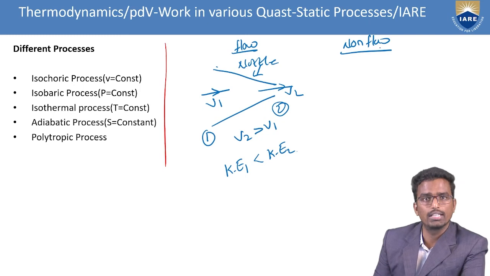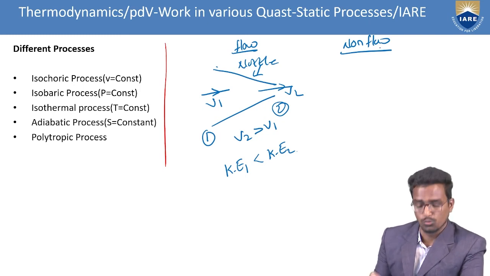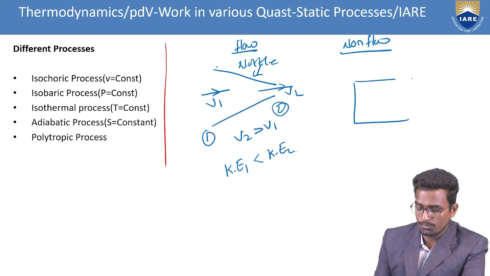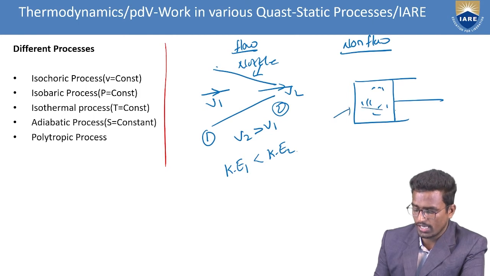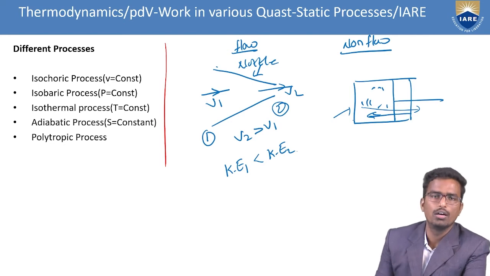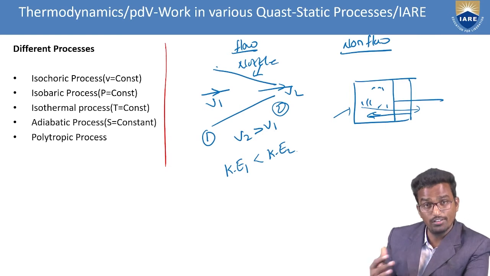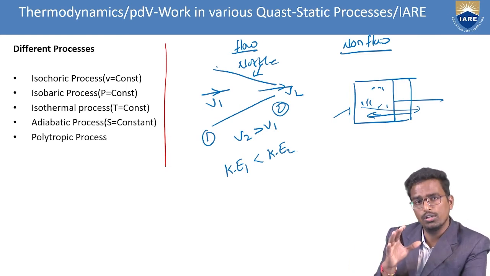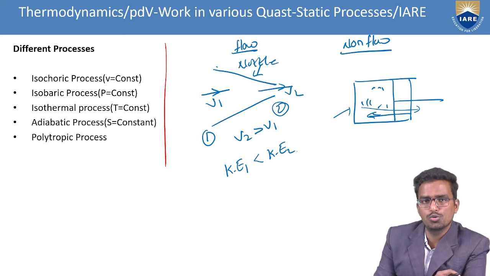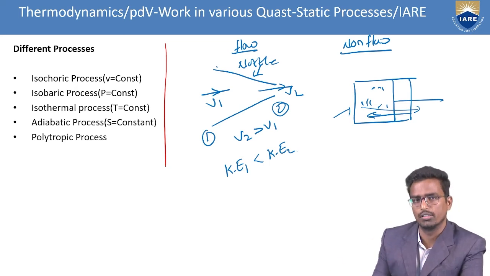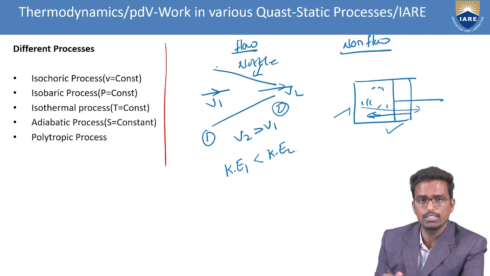There is one more process called the non-flow process. What does non-flow mean? Just as before, take a piston-cylinder mechanism with a gas inside. If the temperature increases, the gas expands and the piston moves. If the temperature decreases, the gas is compressed and the piston moves inward. Here the same gas, without flowing outside, only does the work, so there is no chance of the substance moving outside. That means flowability is not expected, and we call that type of system a non-flow process. So, the flow process and non-flow process.